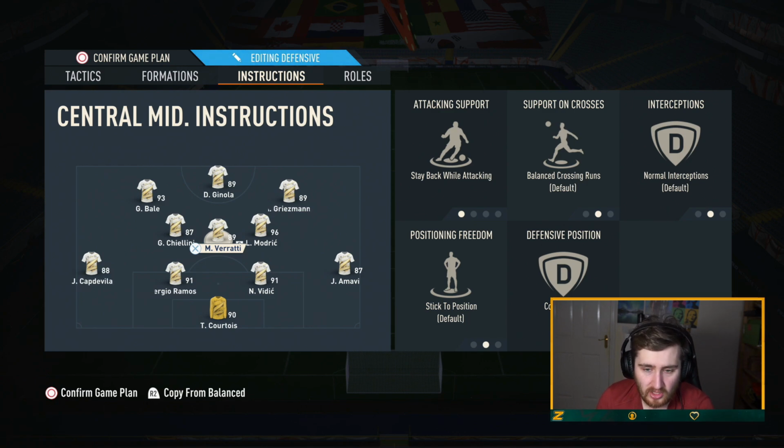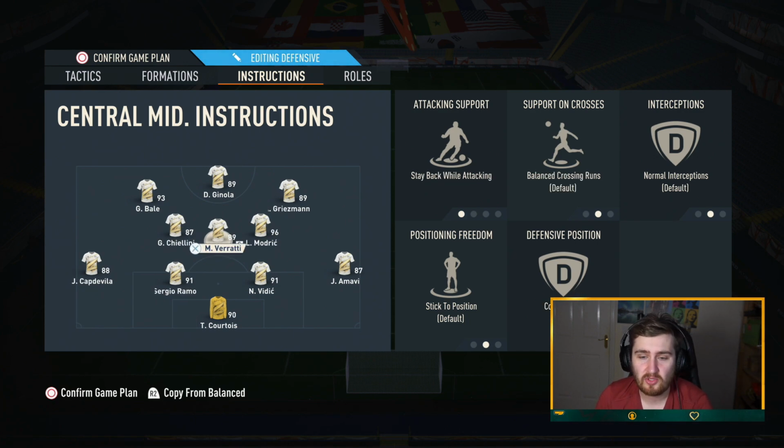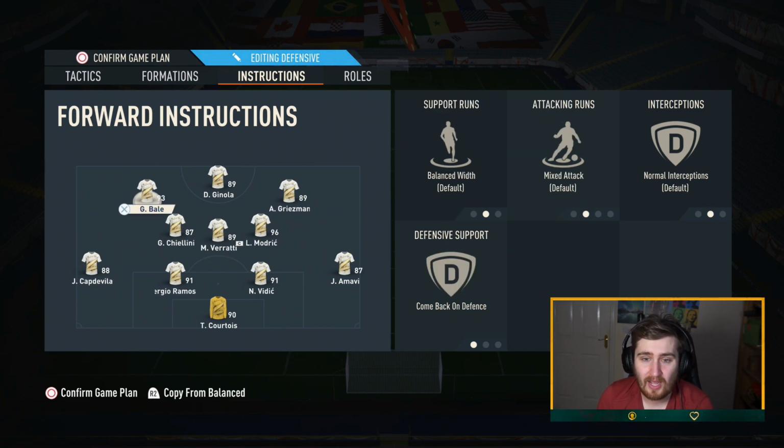The middle centre mid's on stay back, cover centre, and then the other winger, Modric here, not winger, centre mid, is on balance to get into the box, cover wing. So it's more attacking on this side. Modric is on cover wing, so he'll operate on the right, basically right mid when we're defending. These two will cover centre, so they'll be the centre mid, and then Bale will be like a left mid